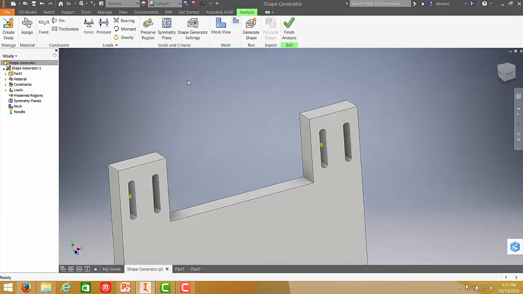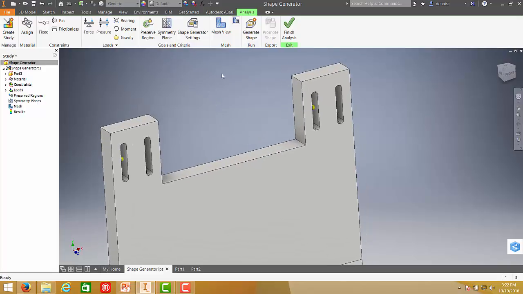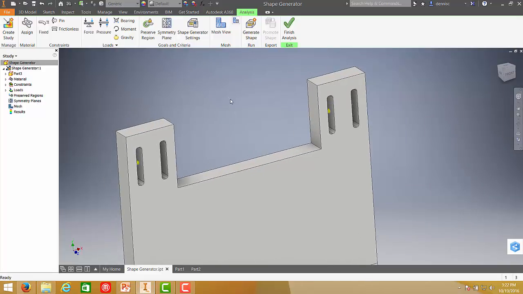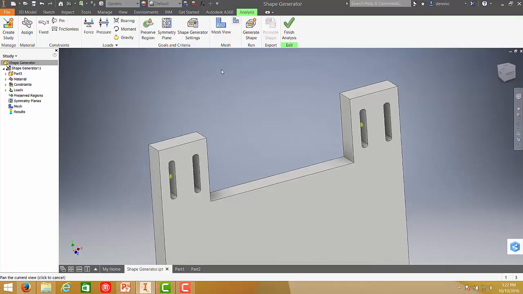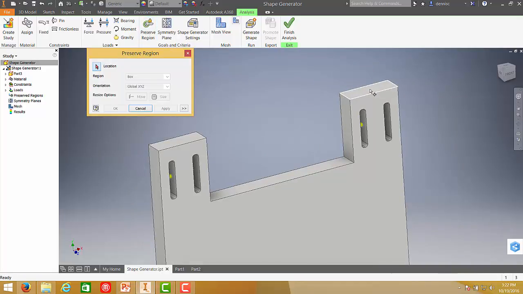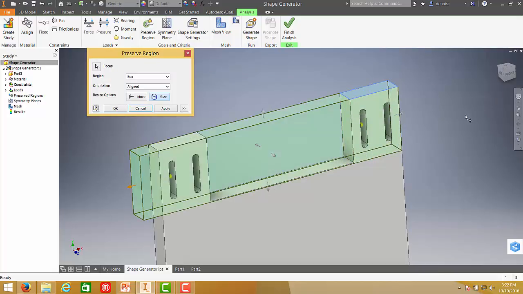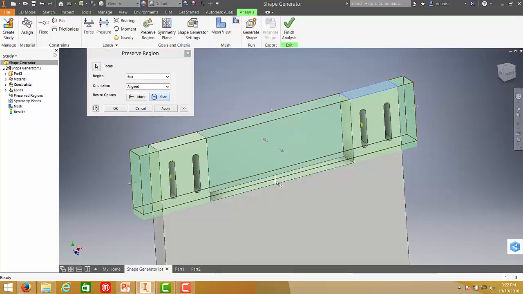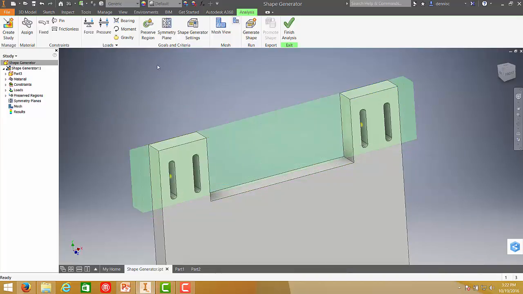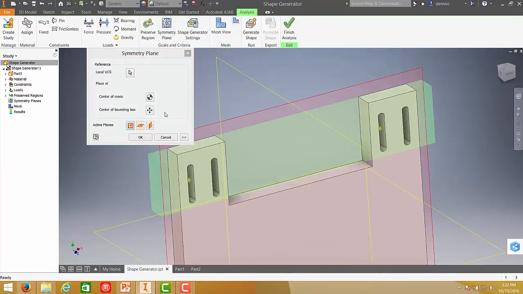So for the goals and criteria, you'll have to start with the preserved region. When we say preserved region, once the generation is complete, the region that you selected will stay, so it will not be changed. So for example, I'll choose this one, and then I just have to drag those arrows to make sure that this region will be preserved once the simulation is done. And then I'll choose the symmetry plane. So I'll choose this one,